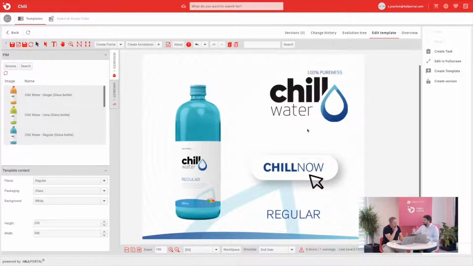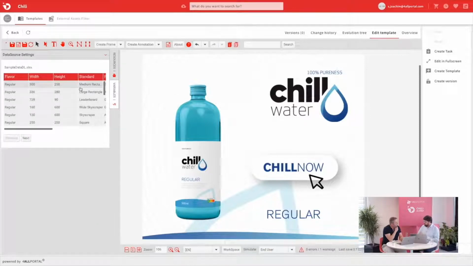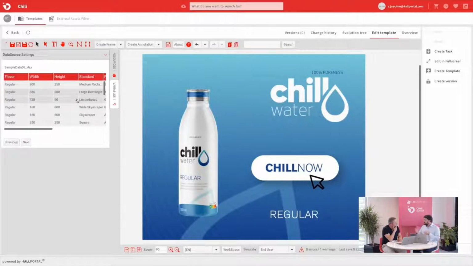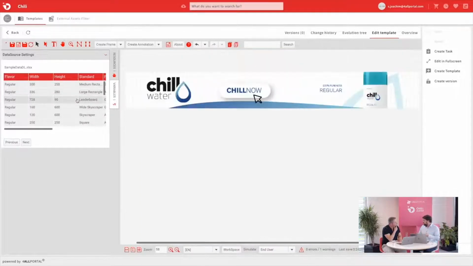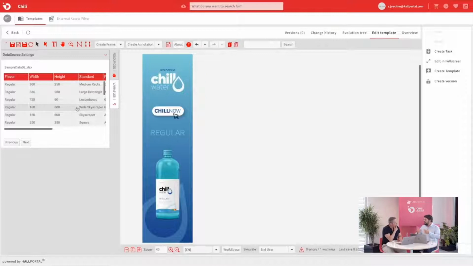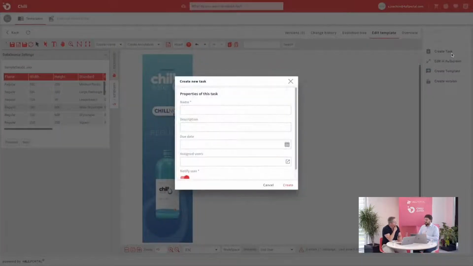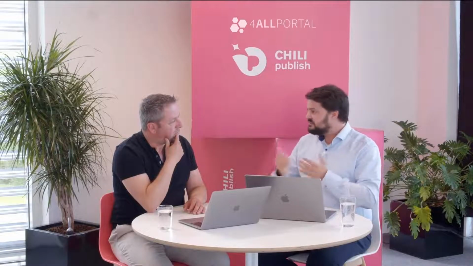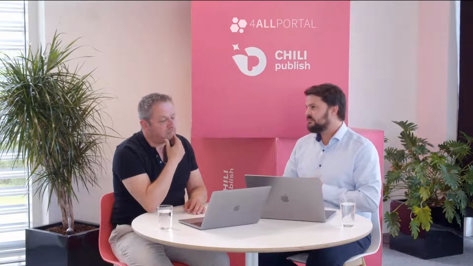So you can see approved data, you can start approval workflows if you change data, for example. You can create a task and assign users if you need new assets. For example, if you create a template and there's an asset missing or an image missing or a logo missing, you can create a task and assign a user. As I just mentioned, things like version control, usage rights, who's allowed to edit the template, who's allowed to work